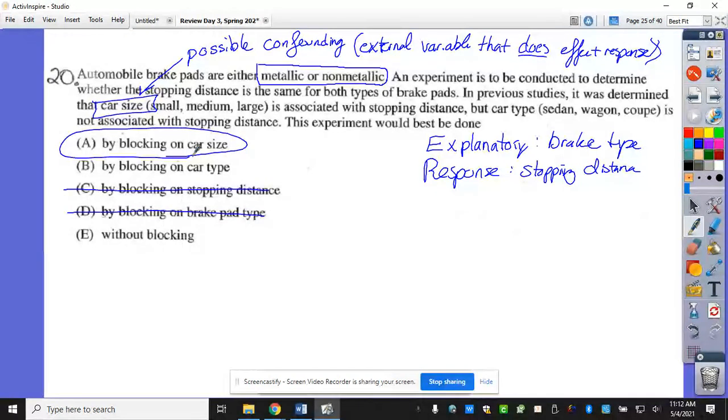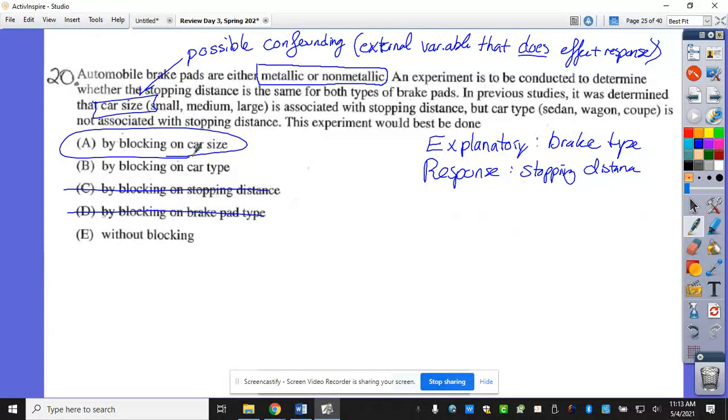If I think car size is going to be different with my stopping distance, I want to split them first so that I can see is the difference based off of car size or is the difference based off of what I'm actually testing. So with any of the experiments, you always have to block by what the